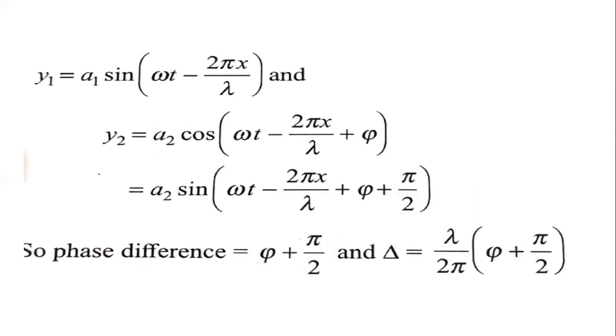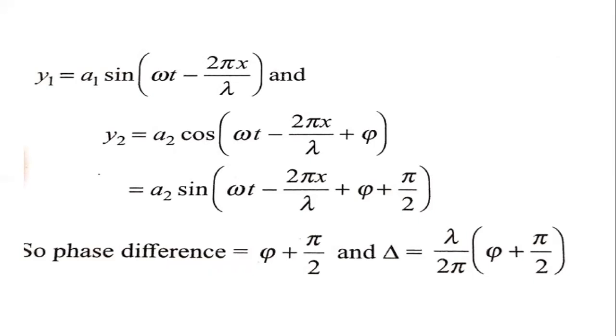Now wave 1 is given as y1 equals a1 sine (omega t minus 2 pi by lambda x) and y2 is in terms of cos. If you want to find out the phase difference, the basic idea is both the wave equations must be either in terms of sine or in terms of cos. But you can observe here, wave 1 is given in terms of sine, but y2 is given in terms of cos. Now let us convert that cos in terms of sine using the basic allied angle formula. So I can rewrite y2 as a2 sine (omega t minus 2 pi by lambda x plus 5 plus pi by 2), an extra additional pi by 2.